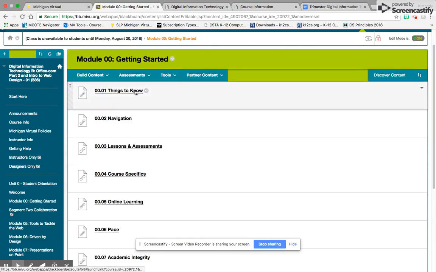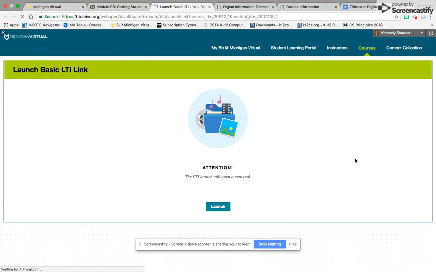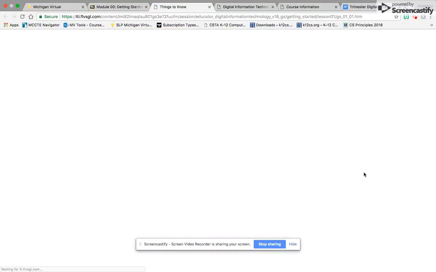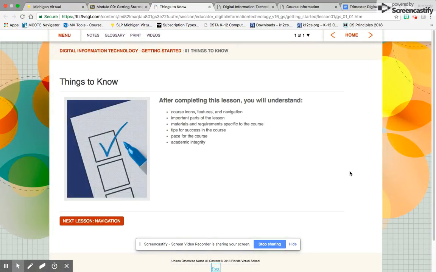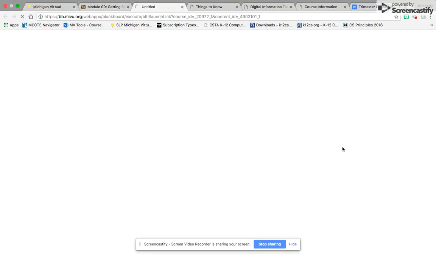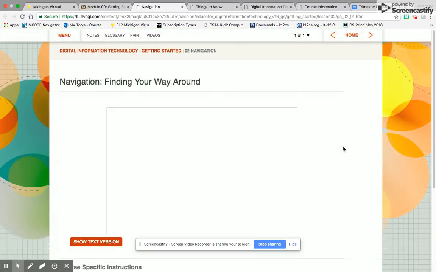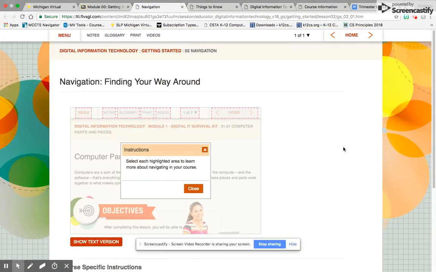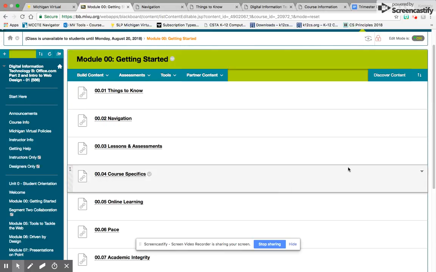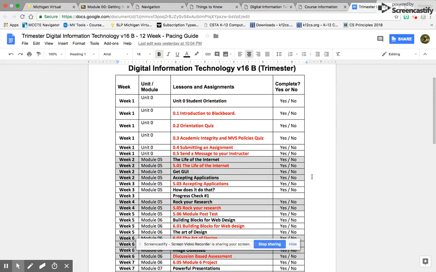And this goes into even more detail about how to work your way through the course. So this, if you've used something from Florida Virtual School, you should be good to go. But if not, you'll have to go through all of these things. So they're all basically tutorial pieces of information. Okay, in fact, let's jump over to